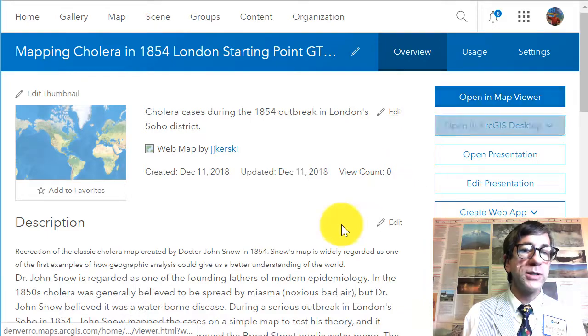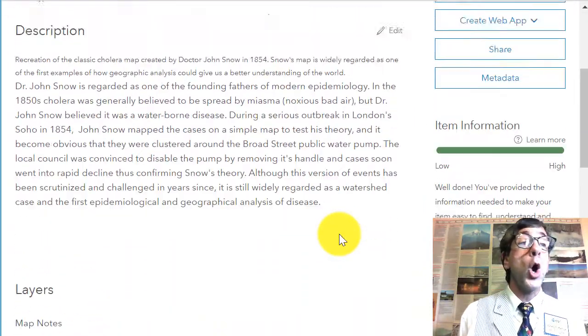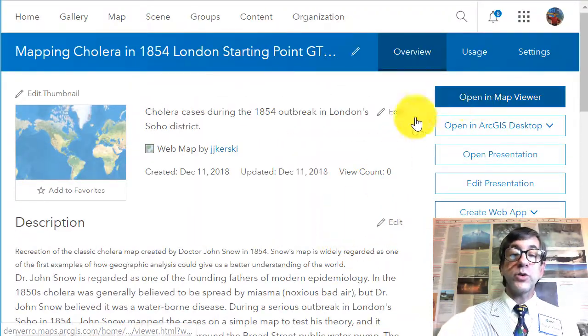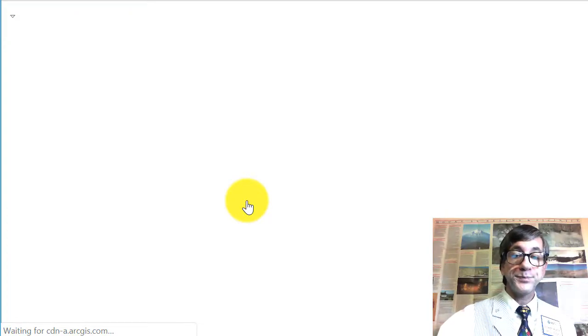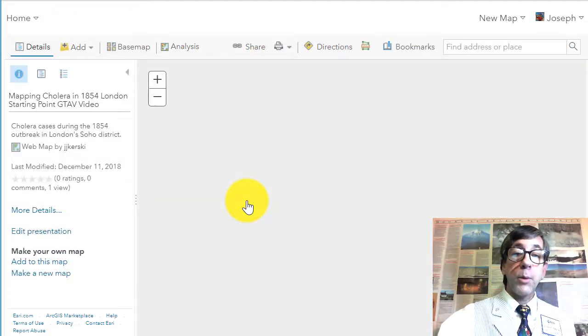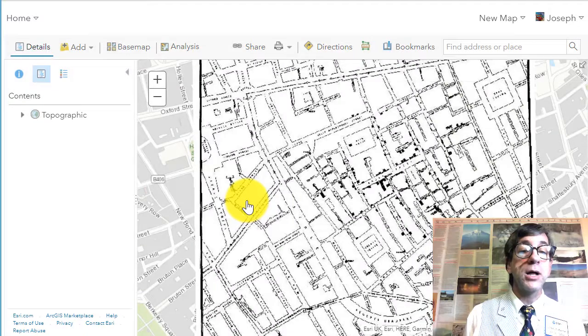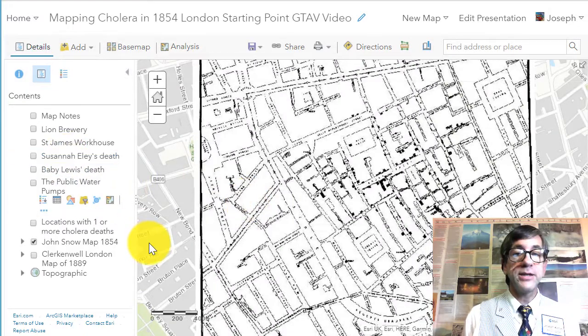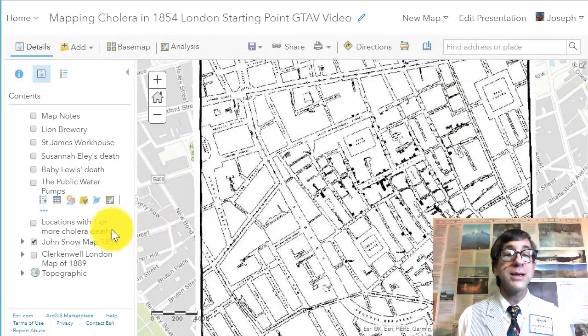You'll be placed in the metadata screen, which you can populate later with a thumbnail and a more complete description. On the metadata screen, use Open in Map Viewer to view your map as shown here. Now, back on the map, just examine John Snow's original map from 1854, scanned and ready for use in ArcGIS